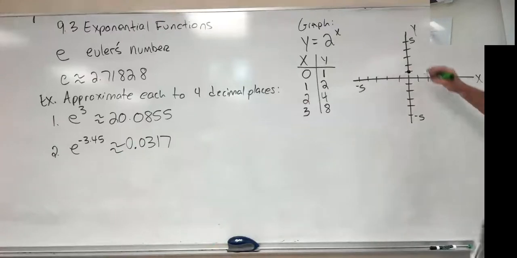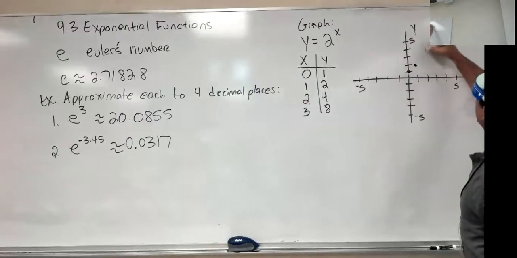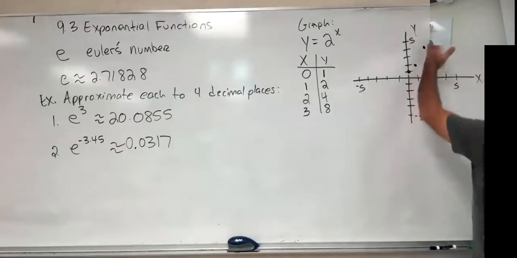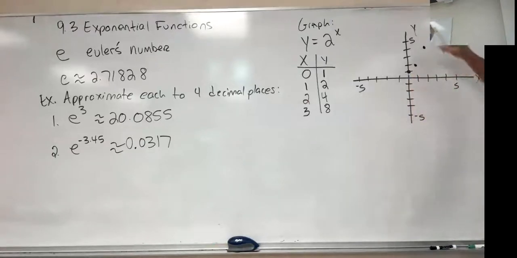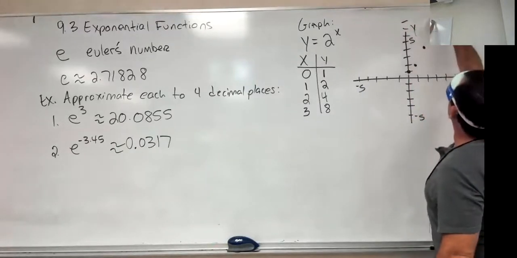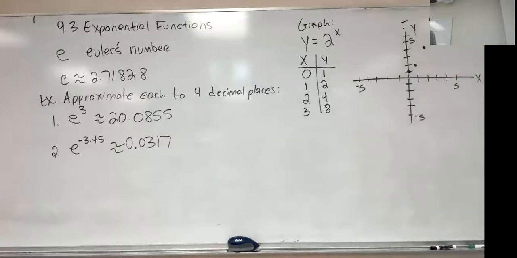And then at 1, we was at 2. At 2, I was at 4. So you can see now it's starting to get that curve. And then if I went up about 6, 7, 8, over here at 3, I'd already be up at 8. Okay, so